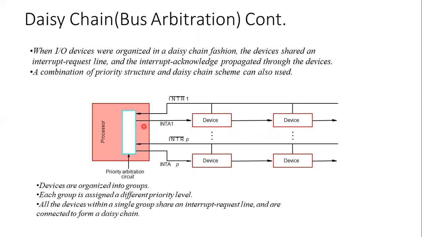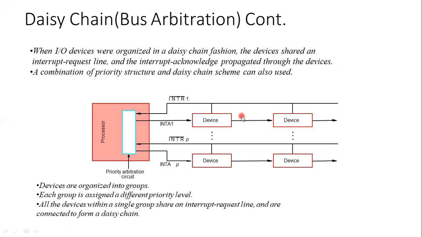So if I am saying it's a service provider, a ticket counter, or a processor, the device very near to it has the first priority, then the second priority, then the third priority. If it is asking for a request, it will be served first, then this one will be served, then this one. Otherwise, if it is not asking for a request, then the control will transfer to this particular device. This is the working of the daisy chain.